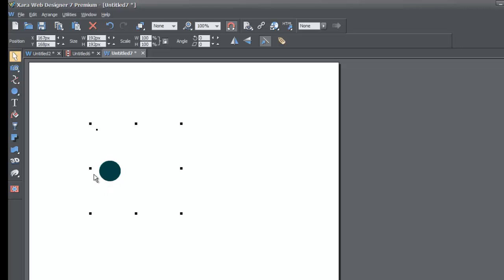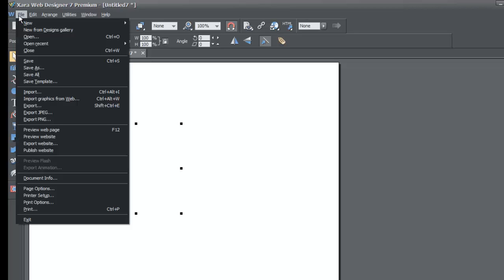And by the way, the only time that you would export an animation is when you're finished and you're ready to use it on your website and you know everything is set just how you want it. That's when you want to go ahead and export your animation file. But before I do anything else, actually I'm going to show you what this looks like if we were to